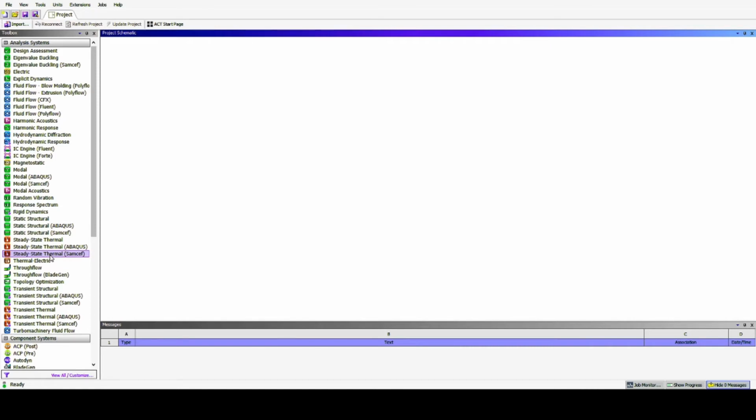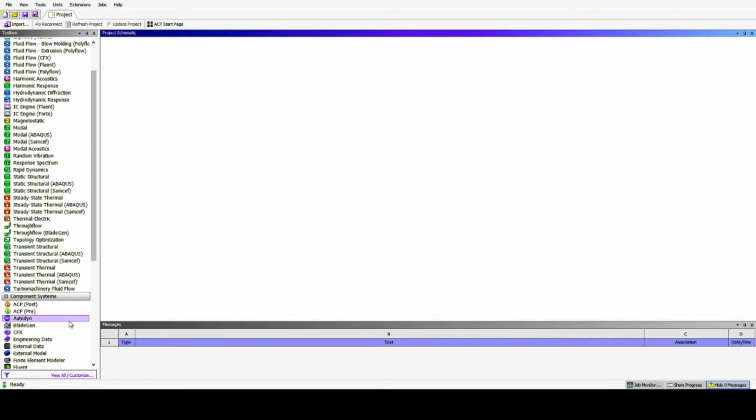When we are doing CFD, we will choose fluid flow Fluent. If we are doing a static structural job, that means something related to deformation and stress values when a load is applied, we will choose static structural.